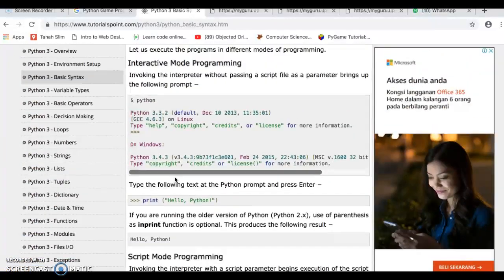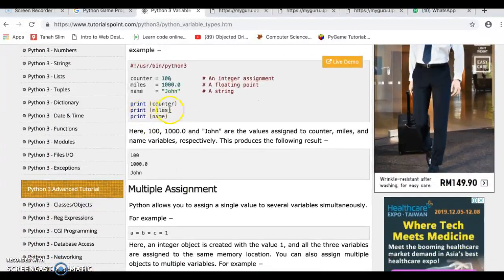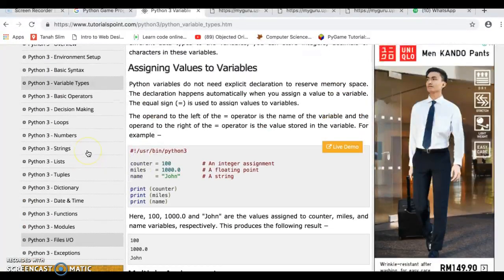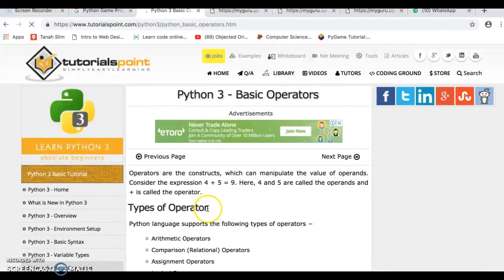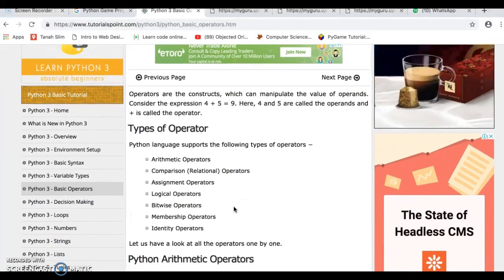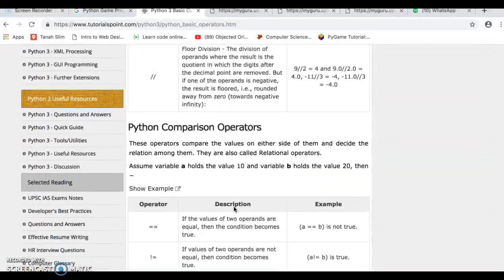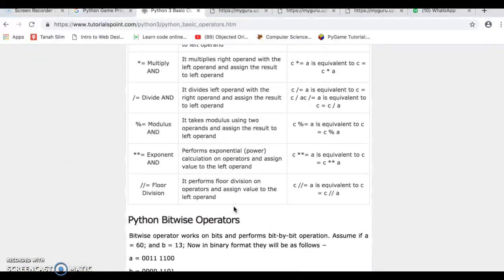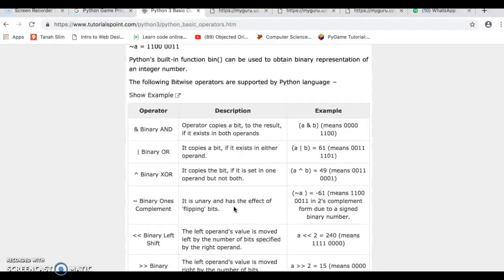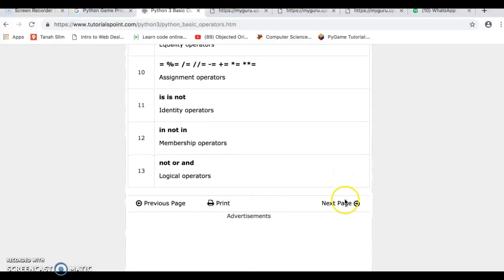Okay, di dekat belah kiri, dia ada ajar basic syntax, dia ada variable types yang saya dah sentuh 2 minggu lepas. So, kita ada integer, kita ada float, kita ada string, boleh tengok balik. And then, basic operators such as addition, arithmetic, comparison, logic operator, membership, identifier operator, and so on. Yang ni pun boleh tengok balik. So, dekat setiap satu modul ni, dia akan ada sediakan contoh-contoh yang awak boleh gunakan, awak boleh copy, masuk dekat dalam